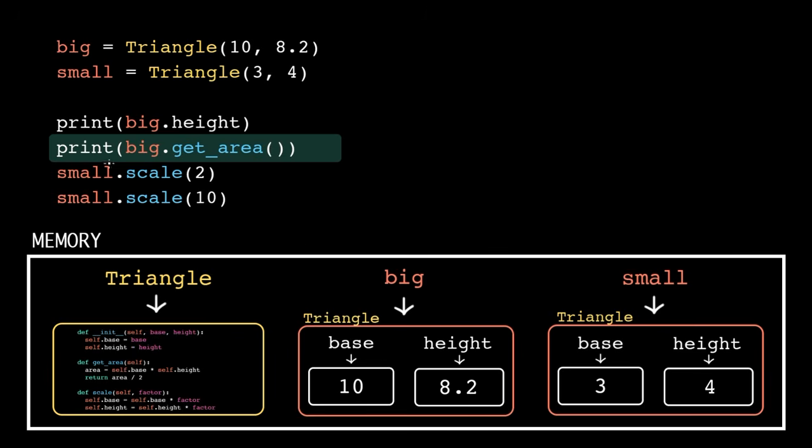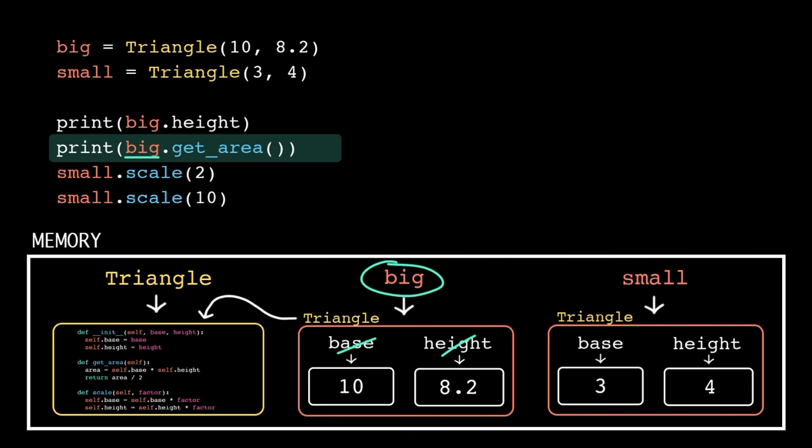Next line, once again, we go to the name big. But this time inside, we're looking for the name getArea. Like before, Python starts by checking the attributes for a match. That's why we can't use the same name for an attribute and a method. It doesn't find a match, but Python knows that this object is a triangle type, so it follows that reference to the triangle class